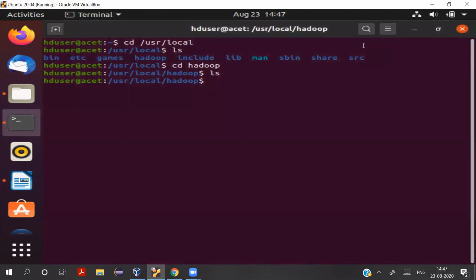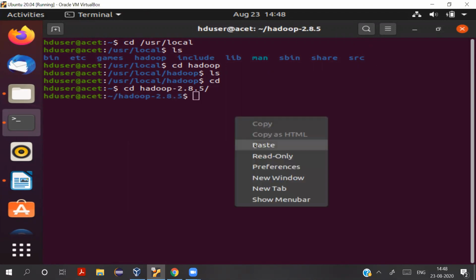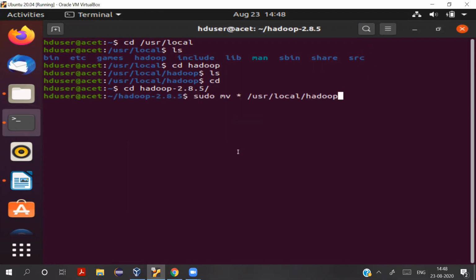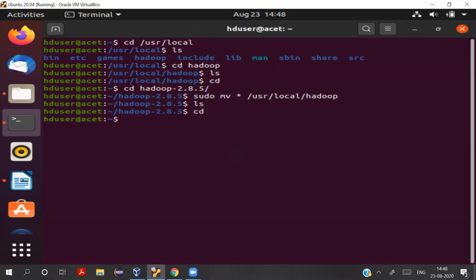So let's come back to root. Let's change to this folder, and now we can use that command so that all the files are copied into this folder. Okay. And if you list this folder contents, it's empty because all the files have been moved to the /usr/local/hadoop folder.